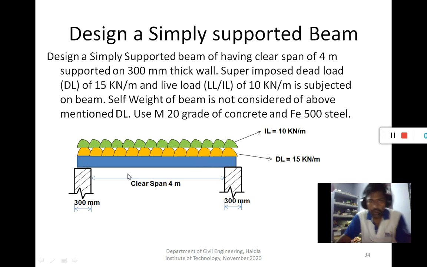So here the weight of the beam is not considered in the given dead load.